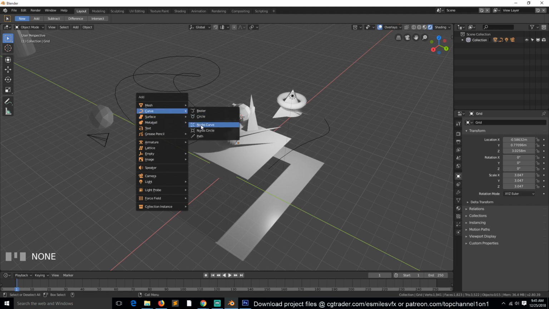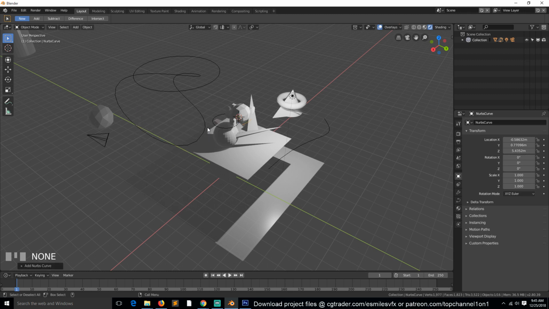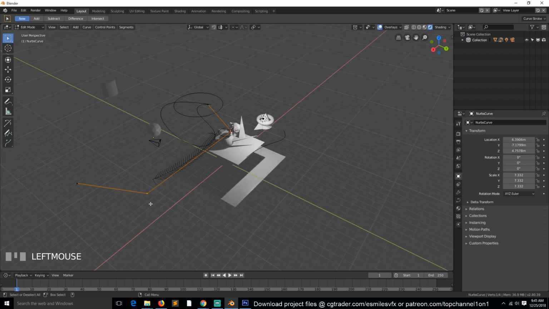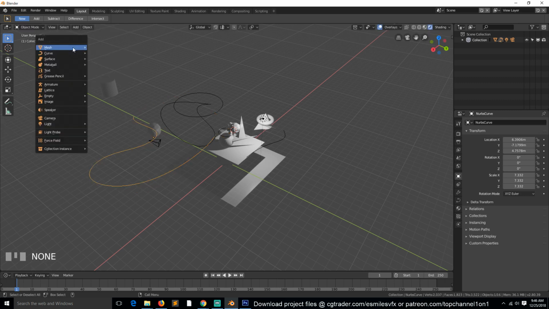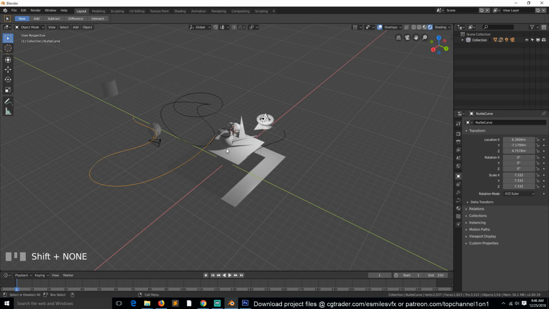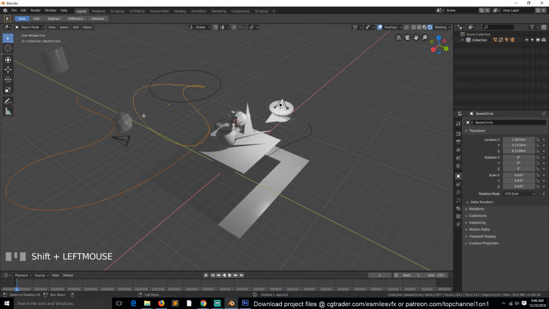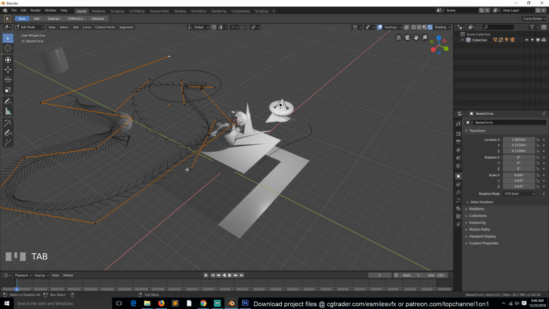We're not only limited to curves and meshes. Under curves, we also have nurbs. You can also see that they have been separated a bit because they are similar, but not absolutely similar, in their ways of manipulation. So if you go to edit mode of this, you can see they're still curves, but the way you edit them is a bit different. So that's why they are given a subcategory and a curve of their own. I don't know if you can go into edit mode for this. Yeah, so you can still go to edit mode for the nurbs and curves together because they are the same object